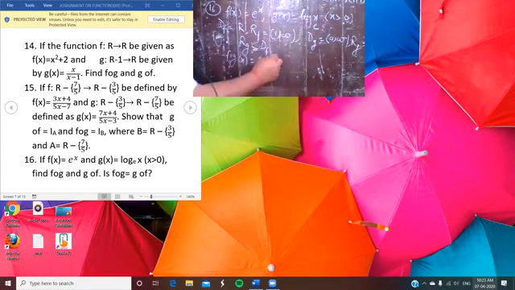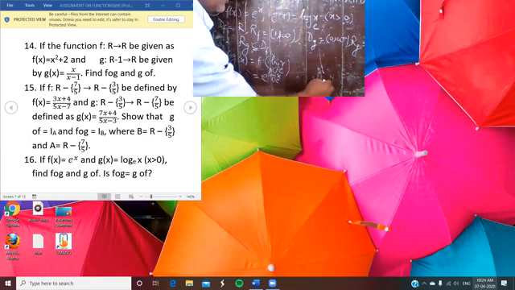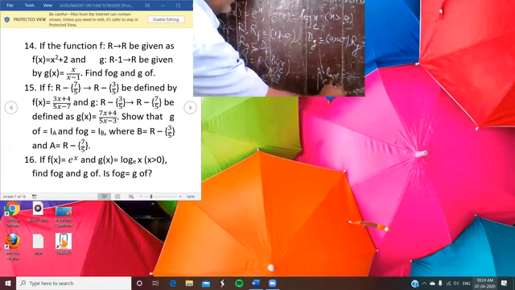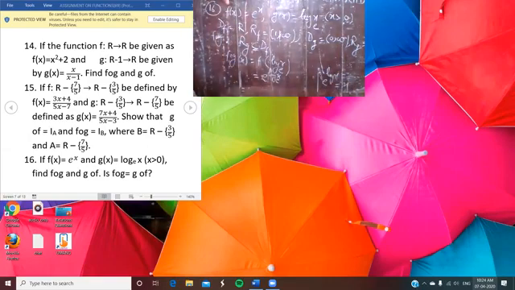The value of g(x) is given here, log x base e. Now you find the value of f of log x. That can be written as e to the power log x base e. And you already know one of the results, so note it: e to the power log x is equal to x. So e to the power log x base e is also equal to x. So here its value is x, so you see that the value of fog is x.